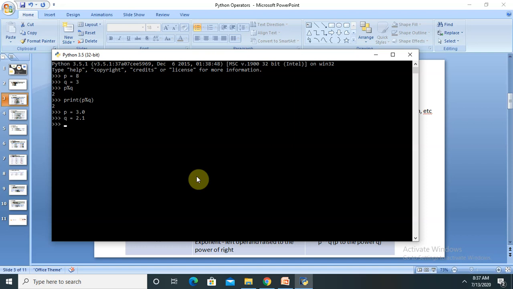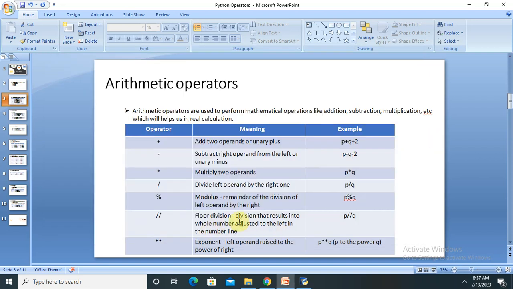If I am dividing p double forward slash q, then I am getting the value 1. So floor division divides the result into a whole number adjusted to the left on the number line.